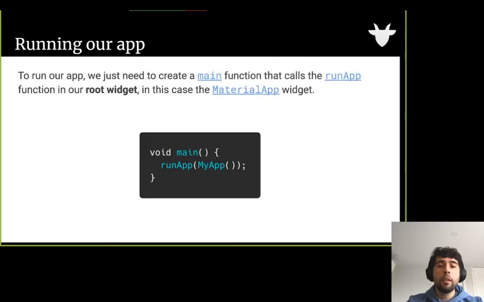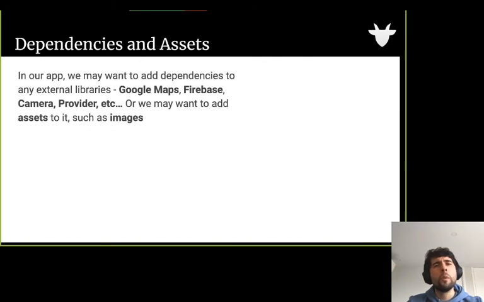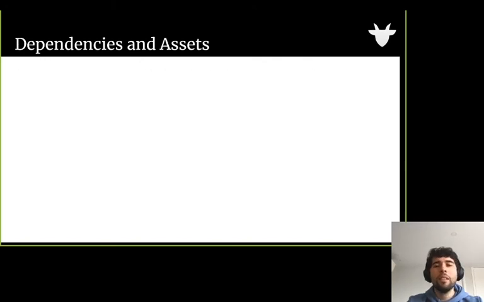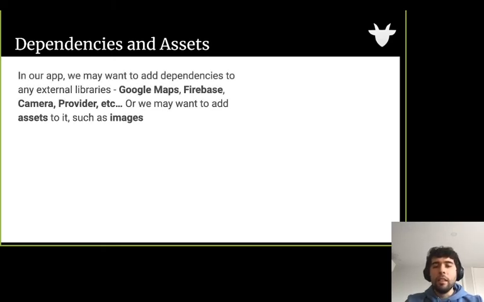Now, we know how to use widgets. We know the basics of the Dart programming language. Let's start. Oh no, wait, I added a slide just before this. Okay, imagine the following. In your app, you want to add some dependencies to it. As I talked, we can use the pub.dev to retrieve all the dependencies that you want. And you want to add Google Maps, or you want to add a state management tool such as provider, or you want to add GPS, something in it. Where do I add that?